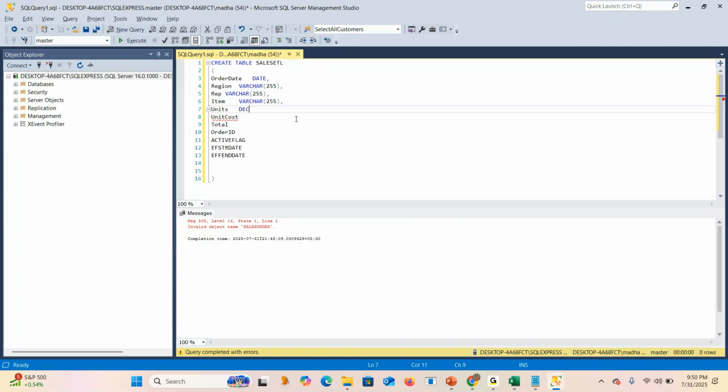We can mention decimal of 38, comma 2. So these are all the different data types, guys. Anyone having any exposure? Actually, I will teach you these concepts, don't worry. So active flag, we have to keep varchar, and the dates as date. I'm running this query now.